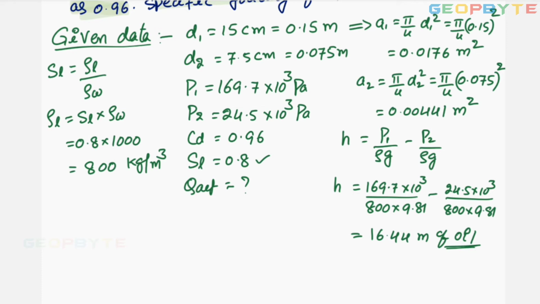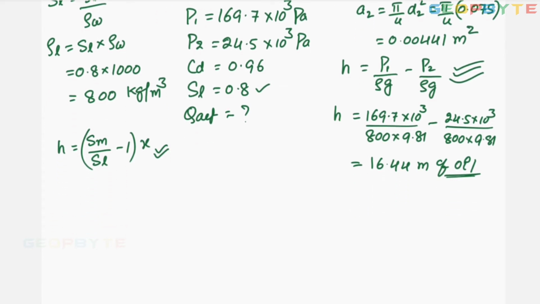That is the H. See, one formula for finding the H is Sm by specific gravity of the manometric fluid by specific gravity of the liquid flowing through the pipe minus 1, into mercury deflection. This is one formula. Undoubtedly you can use this formula. But if the pressures are given at the inlet and throat, you have to find the pressure head from this particular formula. This is also another relation for finding the pressure head.